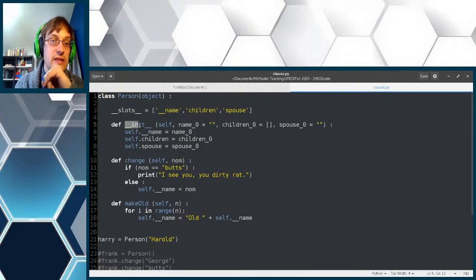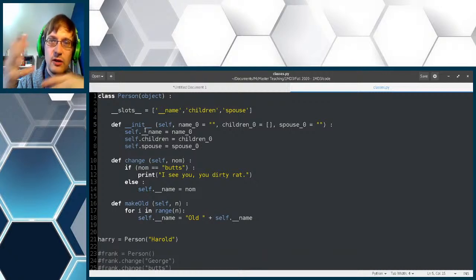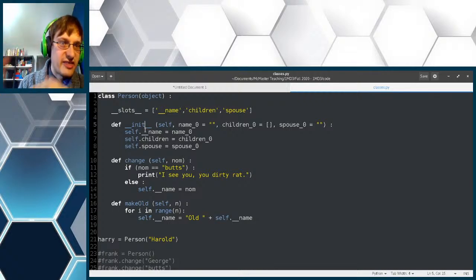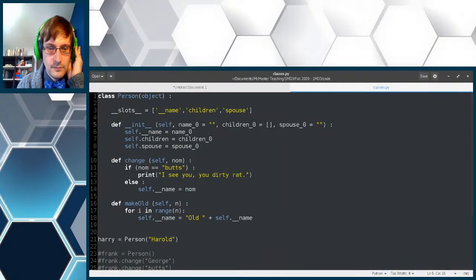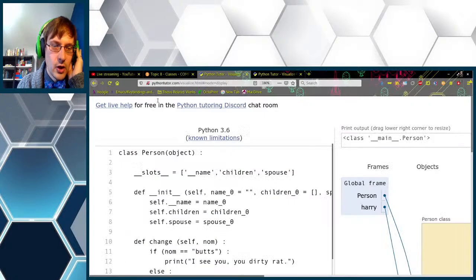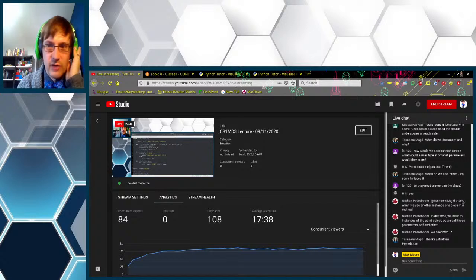So because it's like a system method, you use the double underscores. And we're going to see more examples of double underscored methods as we go on, but you'll see that they're all loosely in the category of integrating with things that already exist in Python. But hopefully it'll be more clear to you by the end of all of this.